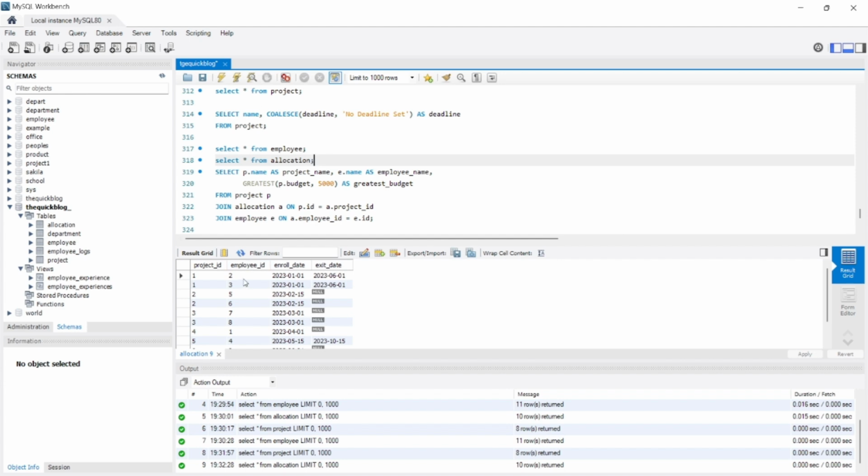This is not needed. We only are going to focus on project ID and employee ID. So from project ID, we can take project name. Similarly, from employee ID, we can take employee name. So we are going to use the table allocation as the mediator. So we are going to join table allocation